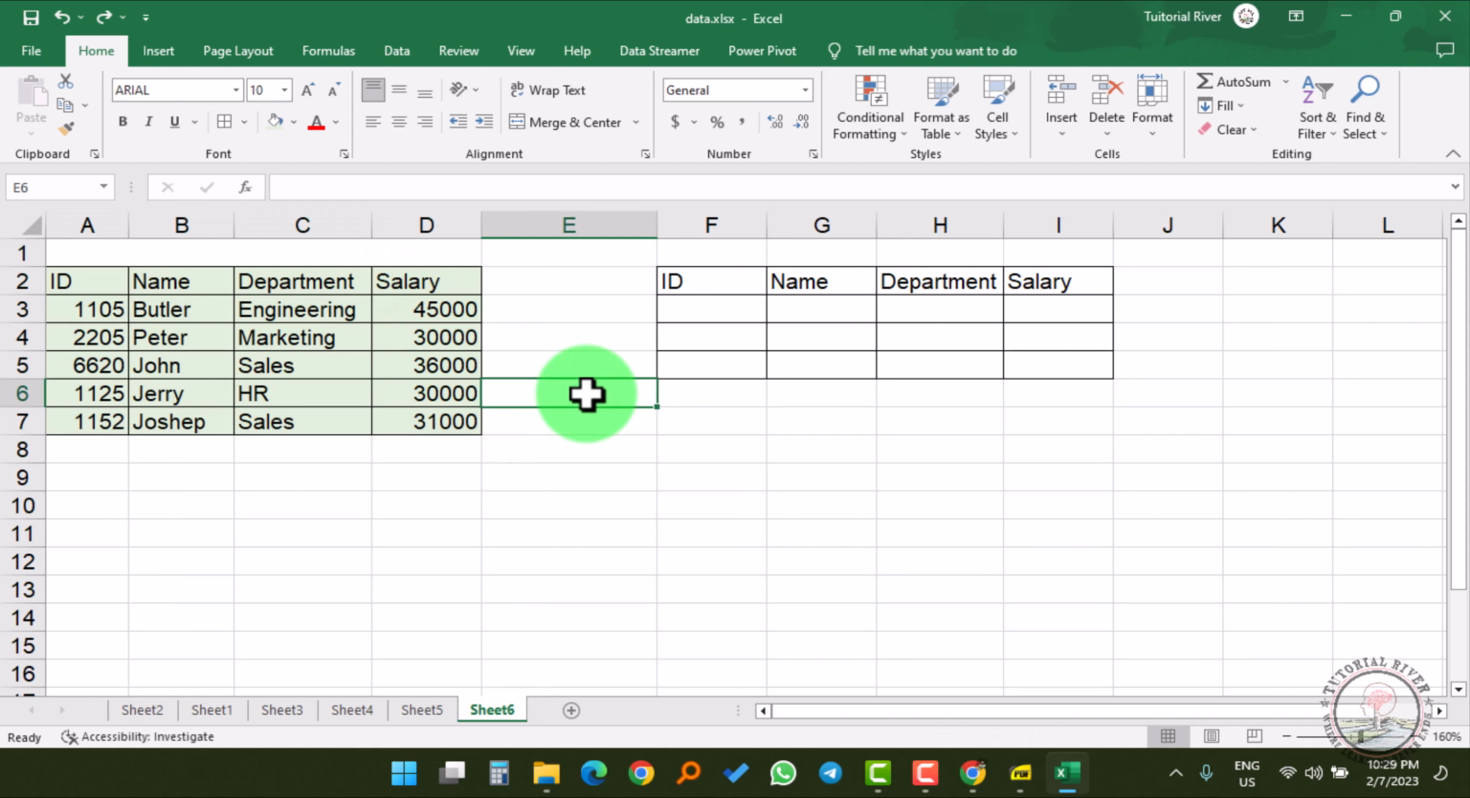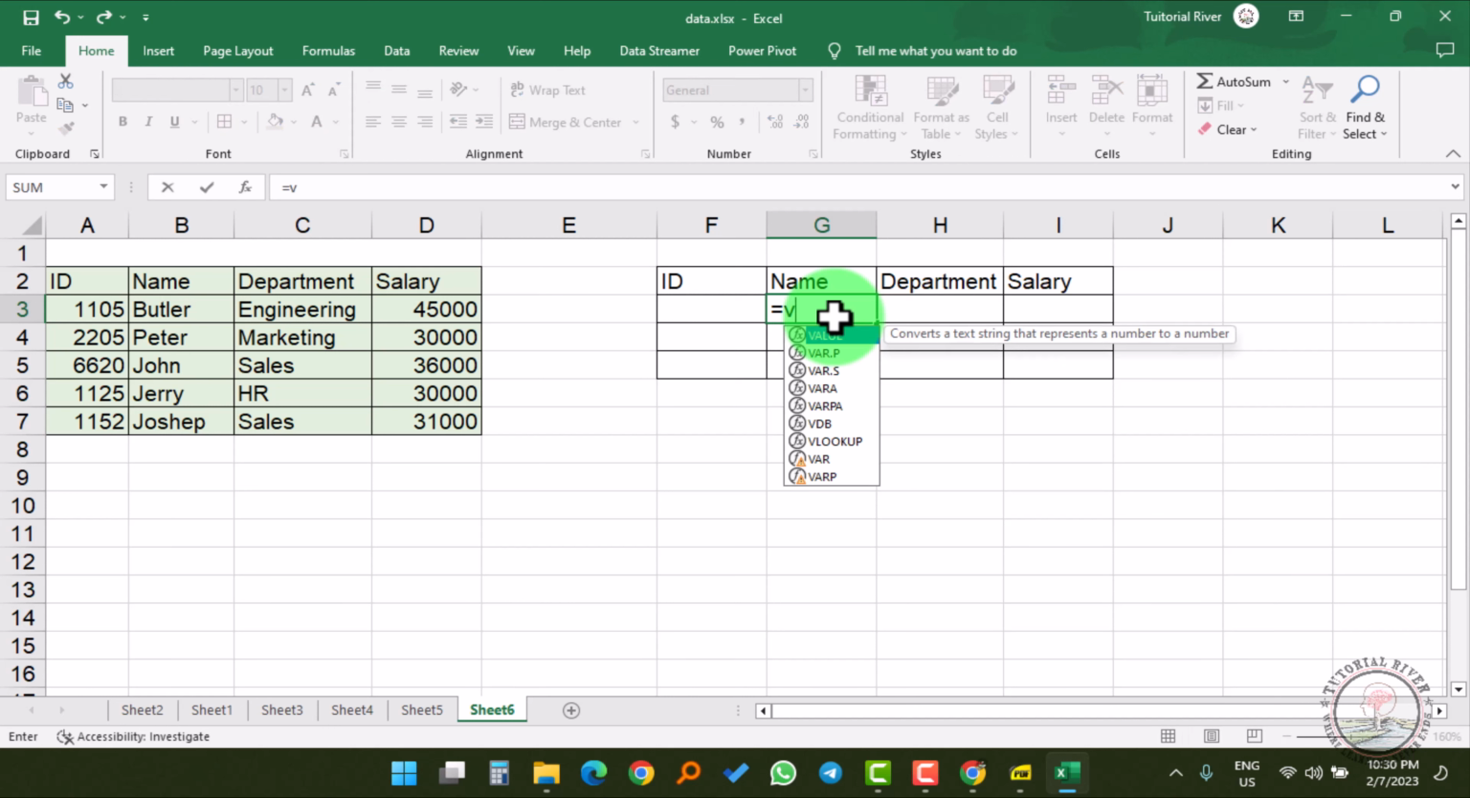We actually want that when we input the ID, the name, department, and salary will be output automatically. For this we are using the vertical lookup, or VLOOKUP function. First of all, we are going to work with the name column. For this we input equal, then VLOOKUP,